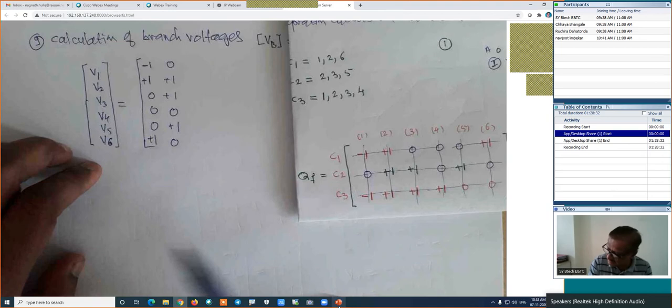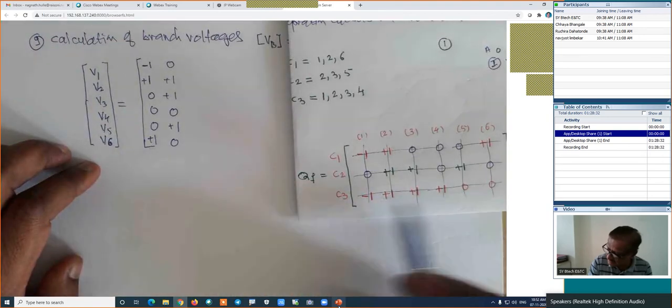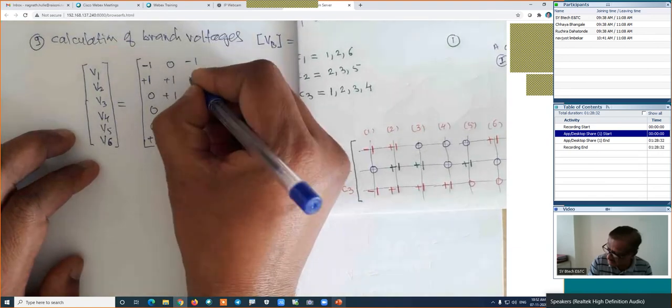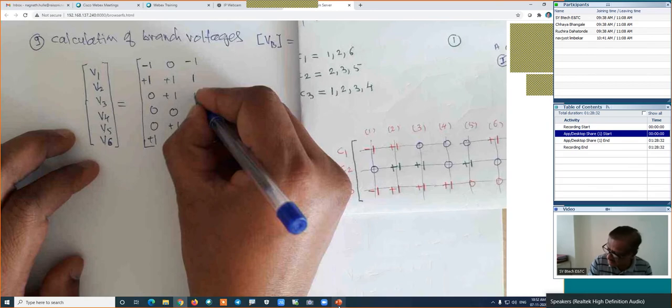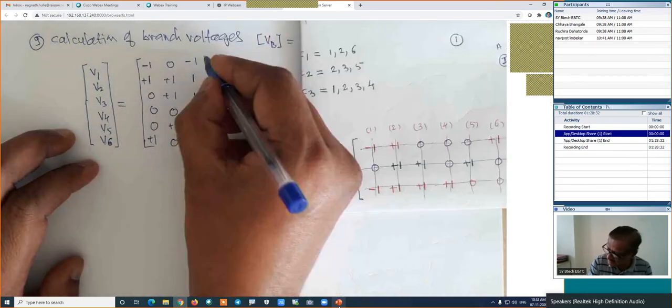And the third row will become the third column: -1, +1, +1, +1, 0, 0. This is multiplied into